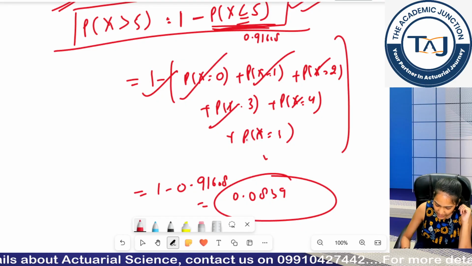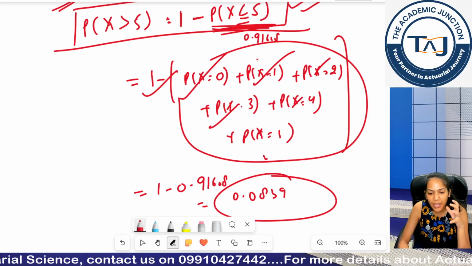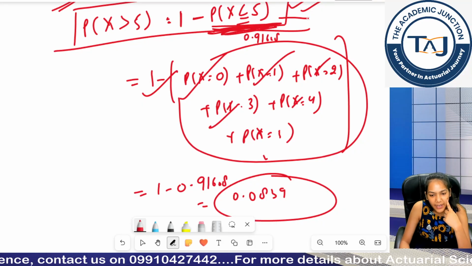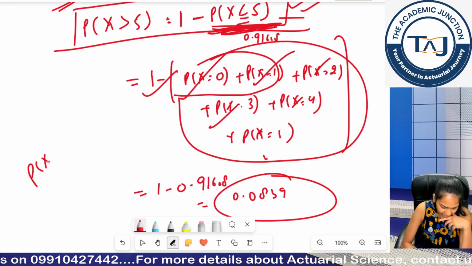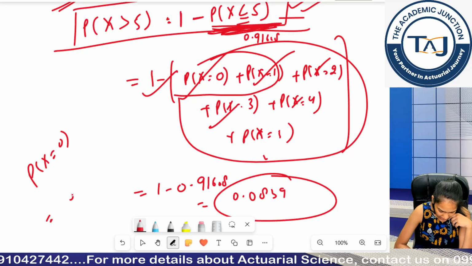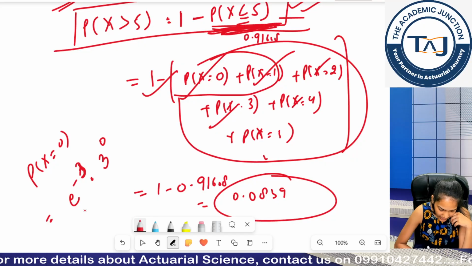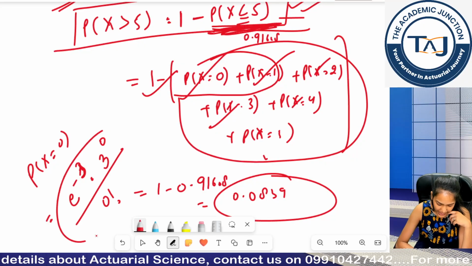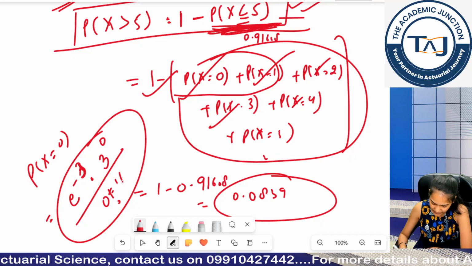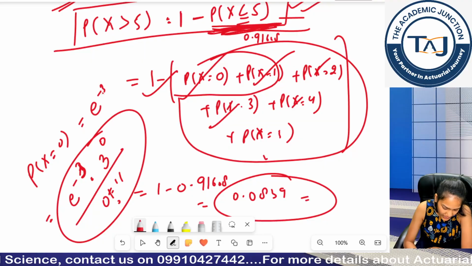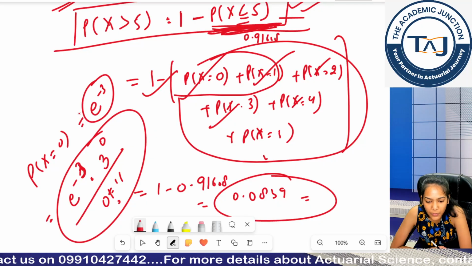In the tables book we do not have values for these, we have values for less than or equal to. So if you have a lot of values to calculate, try fitting this and find the value from the tables book. If you have, for example, 2 only, then you can calculate it. If I calculate x is equal to 0, what will be my formula? e raised to the power minus lambda remains the same and I have lambda of 3, 3 raised to the power 0, over 0 factorial, and 0 factorial is basically 1. So this could be equal to e to the power minus 3. Is it okay? Give me a yes in the chat room so that we can move forward.